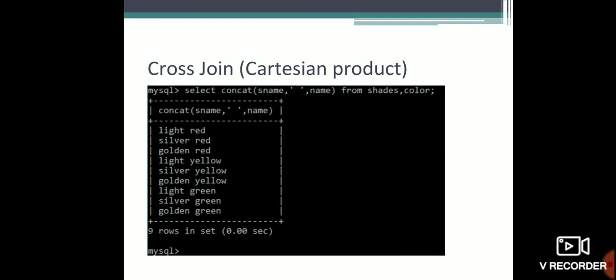If you want to concatenate two columns, like S name and name, I don't want to make them in different columns, so I'll use the concat function. Select concat(s name, comma, a space, comma, name) from shades comma color. I have given one space there.